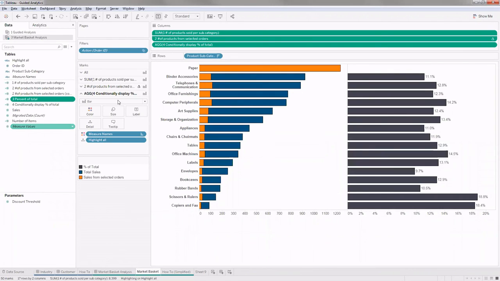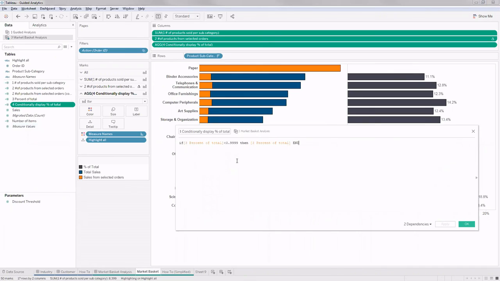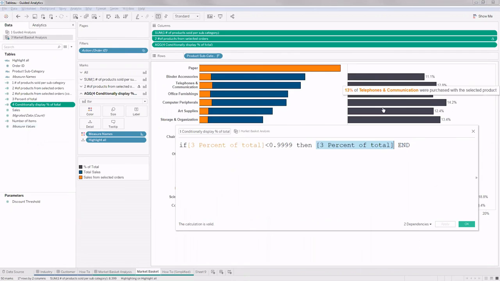And after that, once I get that percentage, I'm just using another calculation. If my percentage is less than this threshold, then only show percentage. So we are basically trying to get this effect where when we select a particular category, that particular category should not have any percentage, but the rest all should have a percentage. And we have given a threshold which is very close to 1.